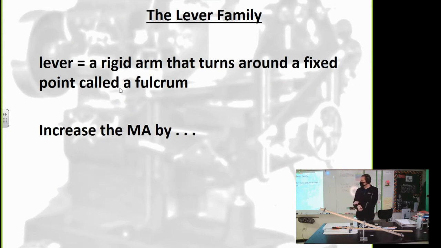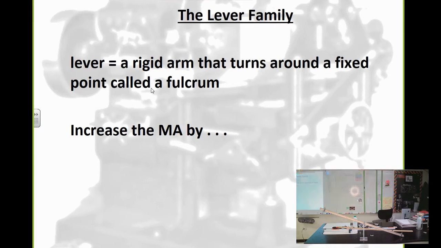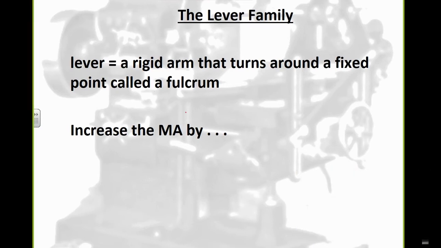All right, so a lever is a rigid arm that turns around a fixed point called a fulcrum. So these are the 2 components that we have. We have the rigid arm, okay, that's one part of the lever, and then the other part is the fulcrum. Okay, so those are the 2 components, and you are going to increase your mechanical advantage by either increasing